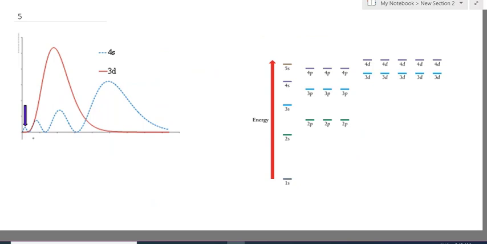Okay, so by the discussions of shielding and penetration of orbitals, we arrive at the energy ordering of the various orbitals in a multi-electron system as shown in the figure on the right hand side. Because of this penetration, we note that the sublevels of each principal level are not degenerate anymore for a multi-electron atom. And in the fourth and fifth principal level, this effect of penetration becomes so important that the 4s orbital is lower in energy than the 3d orbitals, and the 5s orbital is lower in energy than the 4d orbitals. You also note that the energy separation between one set of orbitals and the next level becomes smaller for 4s and beyond. And the relative energy ordering of these orbitals can actually vary among the elements,